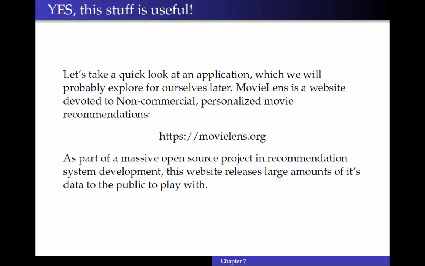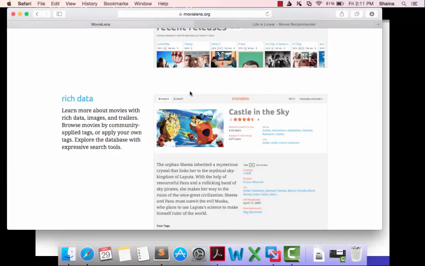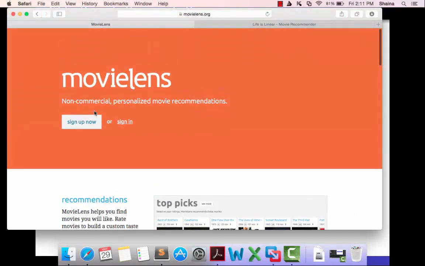Happily, with distance, I'm able to show you an application right now, and it has to do with the recommendation system. Every time you go to Amazon, I'm sure you've seen products recommended for you, or Pandora, where they recommend songs. Those are recommendation systems. And this website, MovieLens,